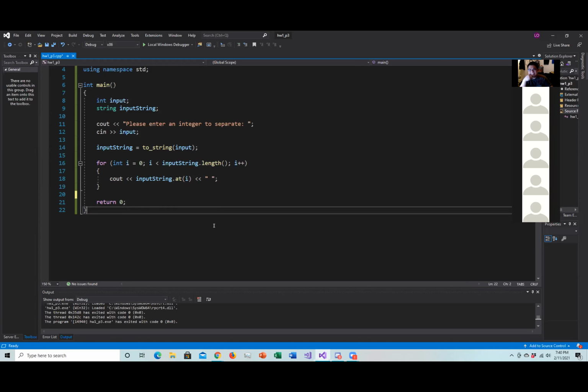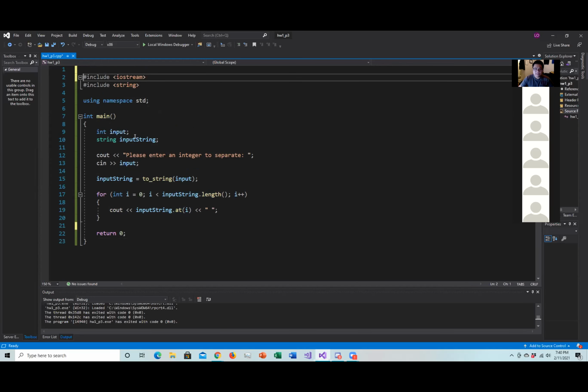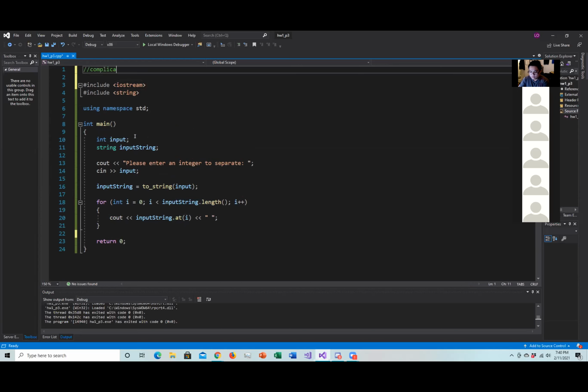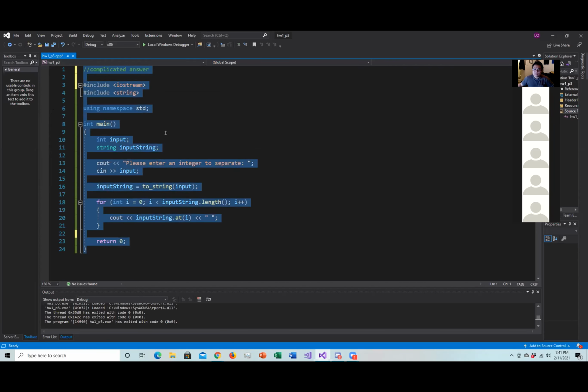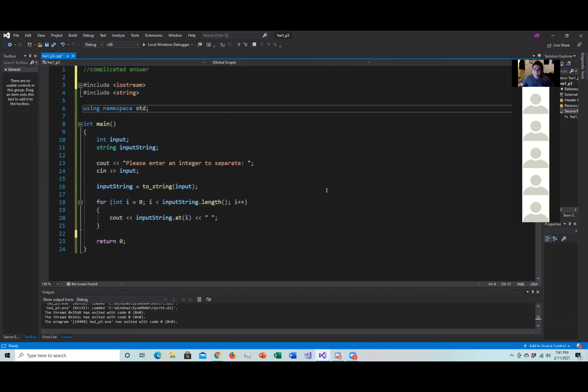Well, you'll learn for loops eventually. But how would we actually get this done? Because we weren't taught for loops yet. Yeah. I'll put a comment up top. I'll say that this is the complicated answer. Please don't actually submit this as your homework, because I know that Amir is going to say, how did you learn this stuff? And he's going to think that you maybe cheated or something. But to answer your question, Ms. Bellymore,